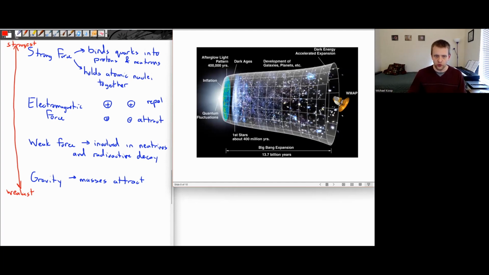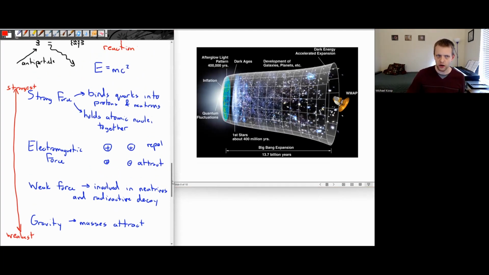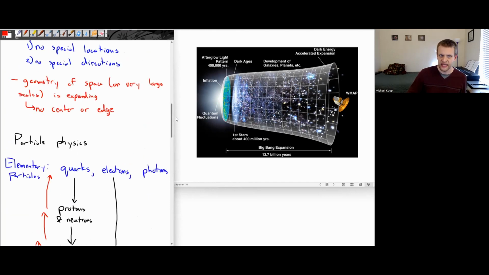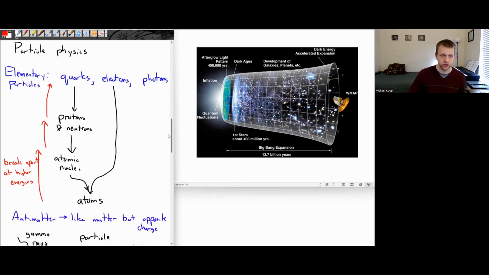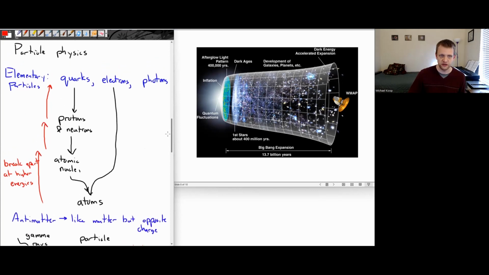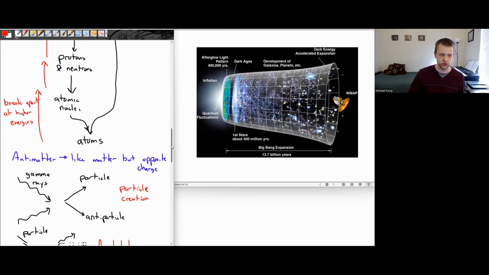So those are basically the ideas that we are going to be hitting at one point or another when we start talking about this Big Bang model and the timeline and the evidence for it. We've talked about Hubble's laws for getting our first look at the expansion of space. In terms of particle physics, we have these different kinds of elementary particles and how they combine together to form different materials. And that at higher energies, like we're going to see in the very early universe, these things tend to break down into their constituent parts.